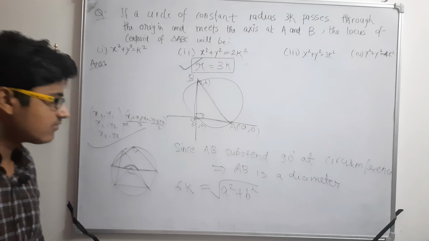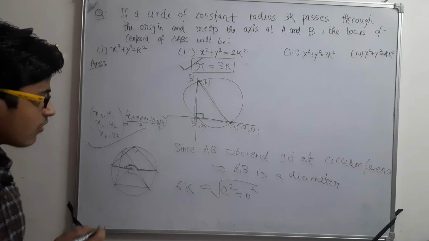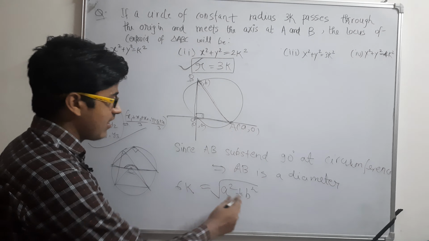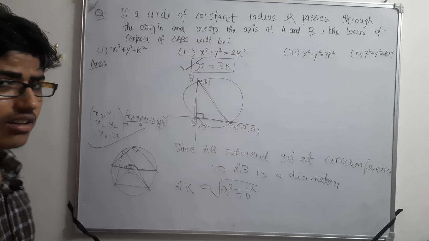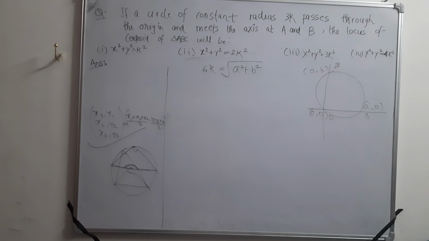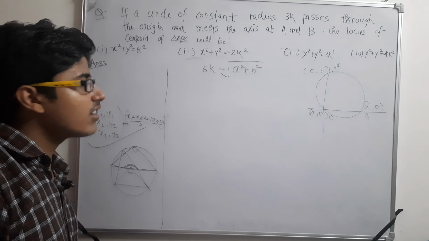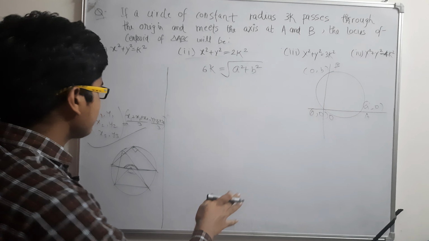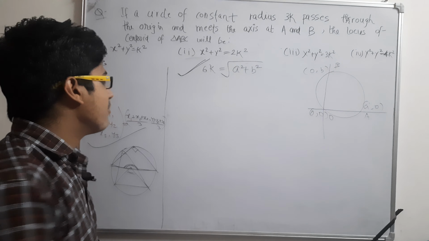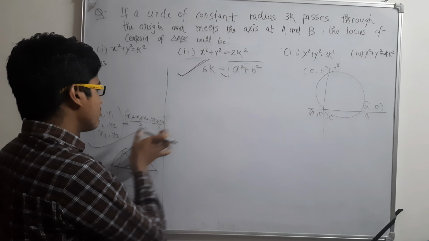Got this? So now what can we do after this? Now we are just recapitulating what we started earlier. I hope you have noted that down. So we have got this relation of k in terms of a and b, and we have a relation of a and b to this centroid.